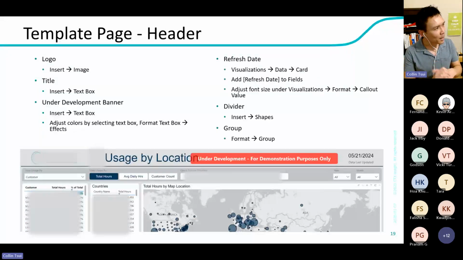For the purpose of time, I'm not going to go through this part, but I was planning to show that by creating the template page, you can have a letter. And by the way, this is from a project that I actually did, which is why a lot of things are grayed out. But it just shows that if you take the time, you can have a great layout